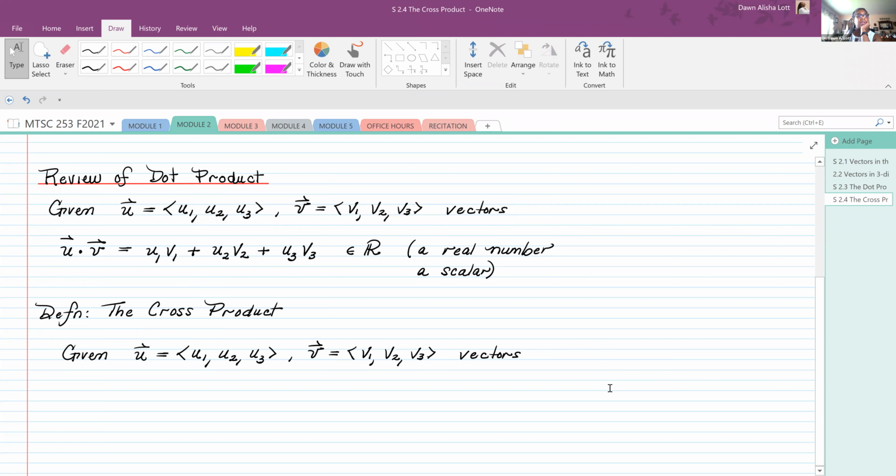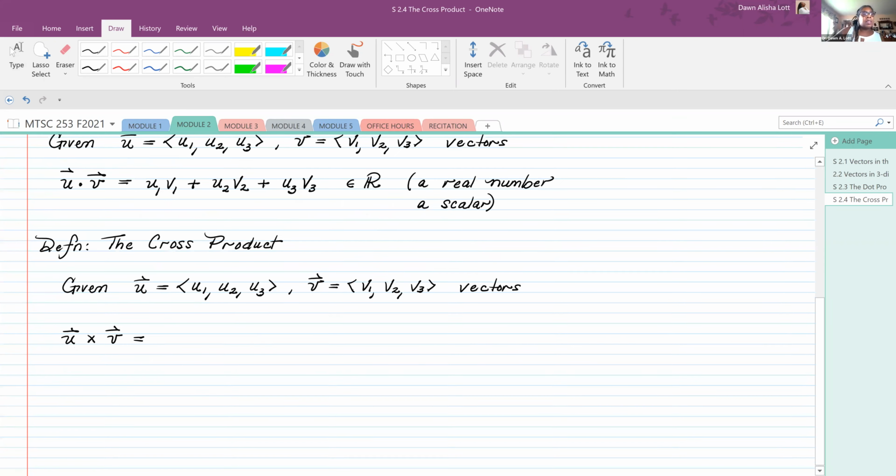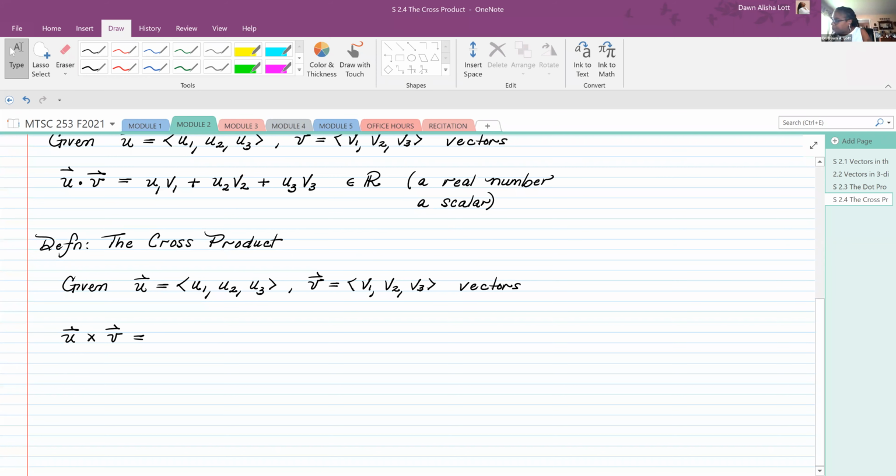So now U cross V is going to be the vector that has components U2 V3 minus U3 V2